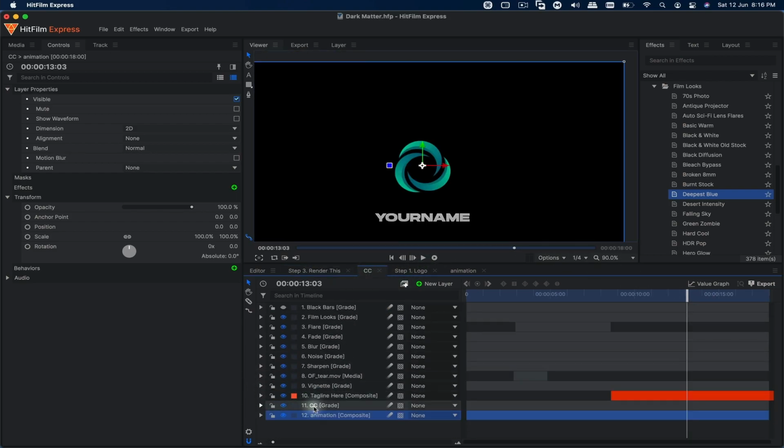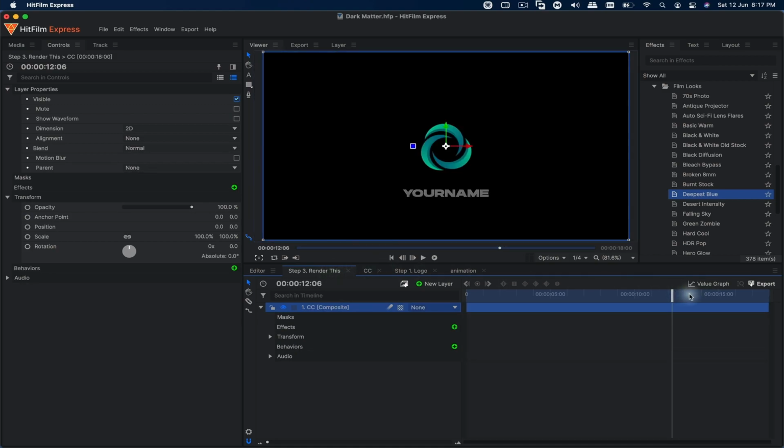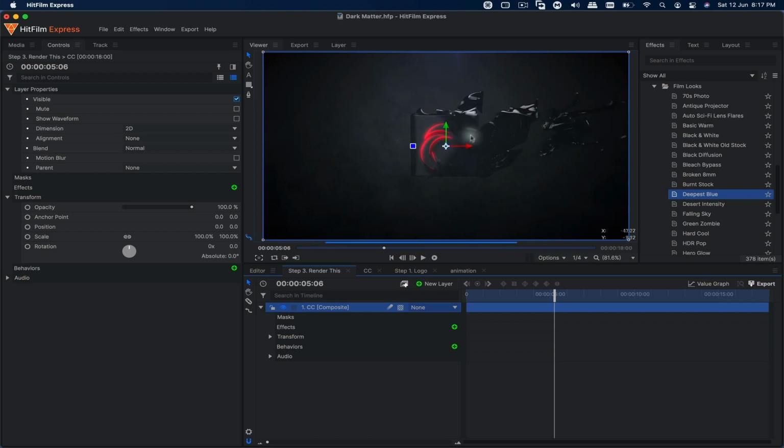and just make sure that when you do that, in your CC grade layer, in the hue shift, you set that to 0, because if you change it, then your entire logo color will change. So just keep that in mind. So I'm going to set this back to 0 so that we get the original look of our logo. So yeah, it's completely up to you whether you want to go with a white color or you want to keep the original color. Again, it will not mess up this animation, this reveal animation over here in the middle.